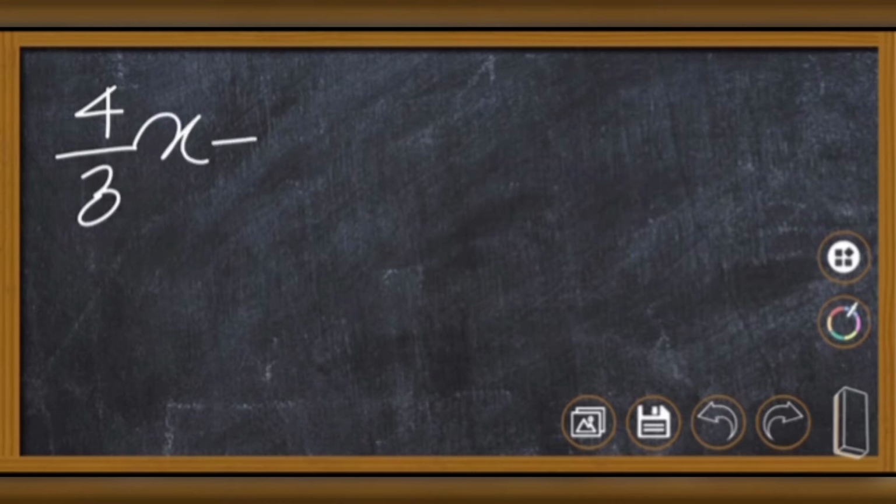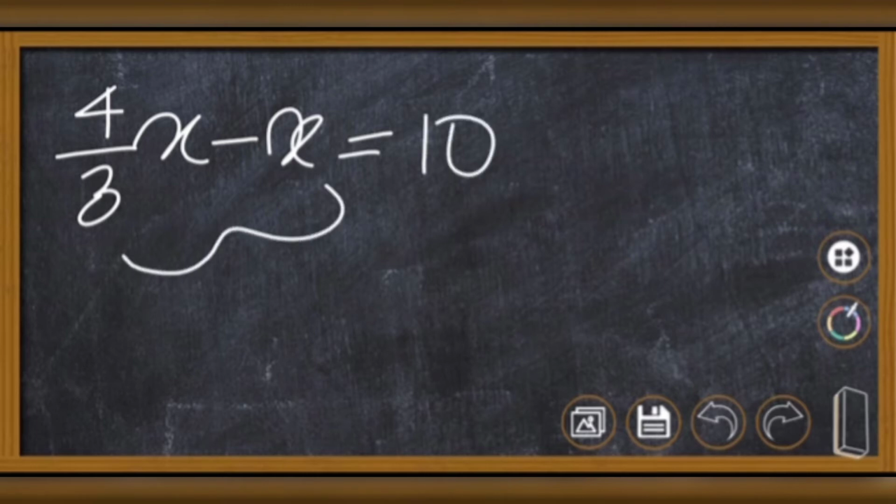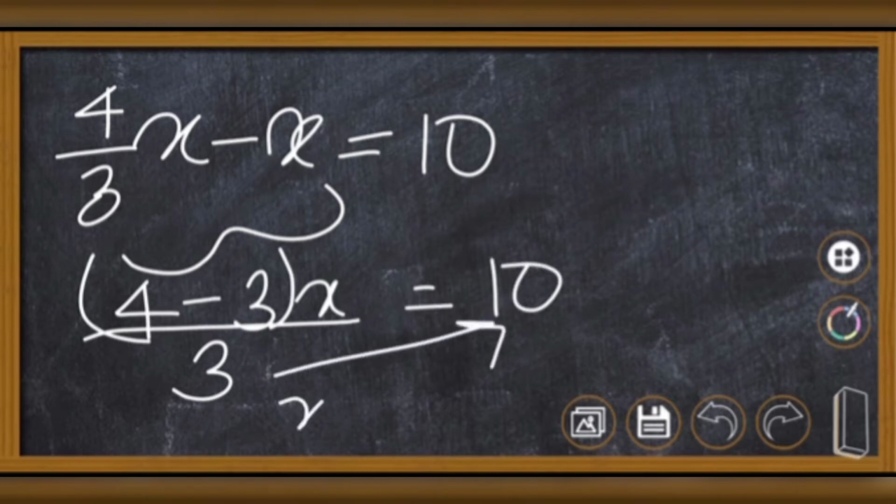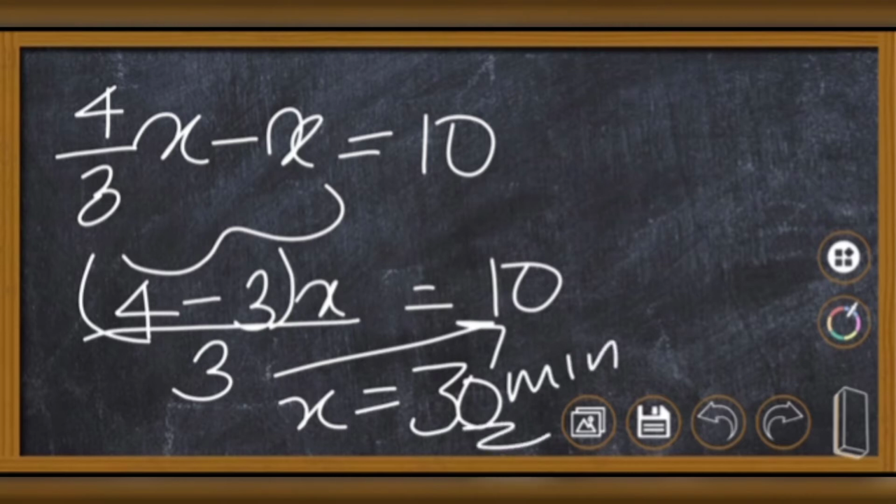Okay, now what is the difference between the time? He is late by 10 minutes. So 4/3 of x minus x, his usual time, is equal to 10 minutes. Okay, because 4/3 of x is the time taken by him when he is going with a speed of 3/4 of the usual speed. Now 4/3 minus 1 is equal to 10. So what we get? x equal to 30 minutes. Okay, x equals 30. So this is a conventional method.